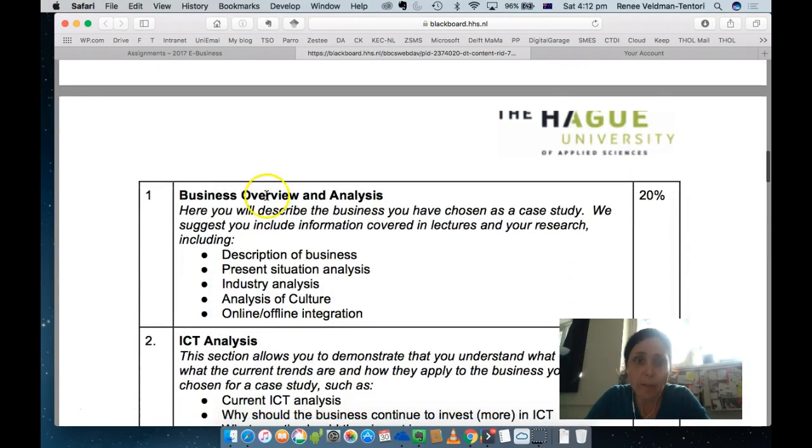But to go back up here, so that talks you through the business overview. We suggest you include information covered in the lectures and research, and you should be working through the digital workshops, the Google workshops online. But you need to describe your business, and why you've chosen it would be useful as well. Present situation analysis, so what's happening with the business right now? What kind of situation?